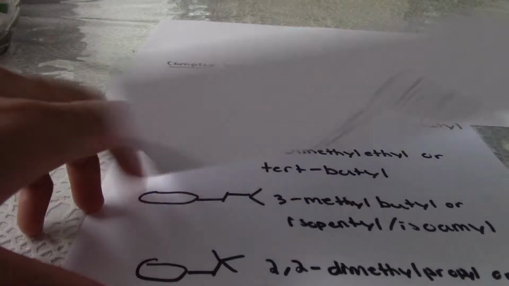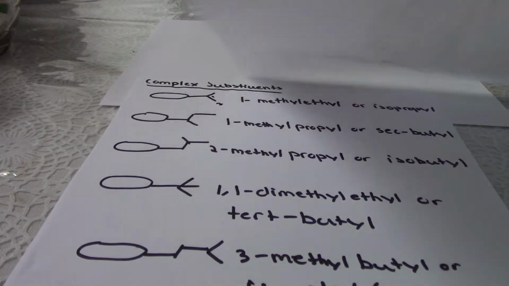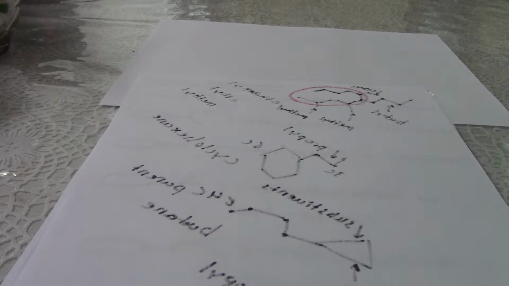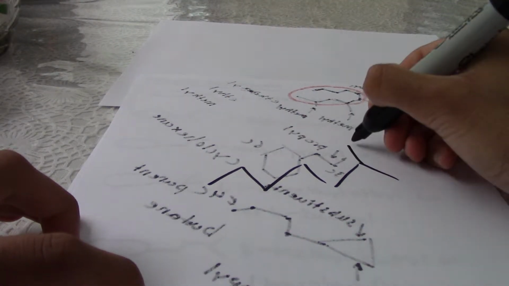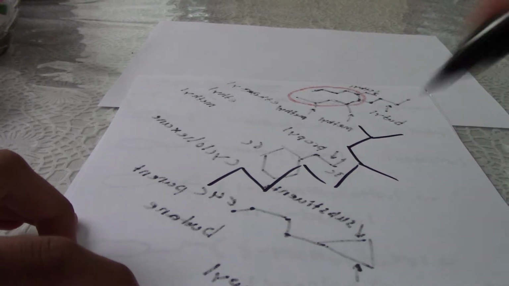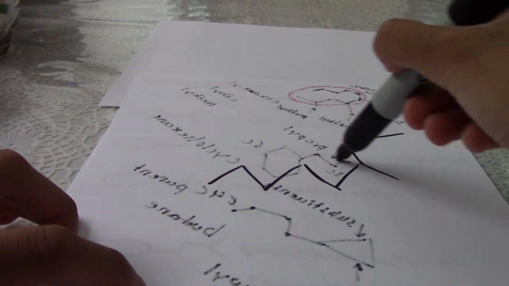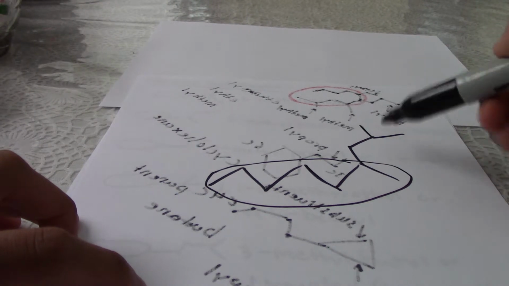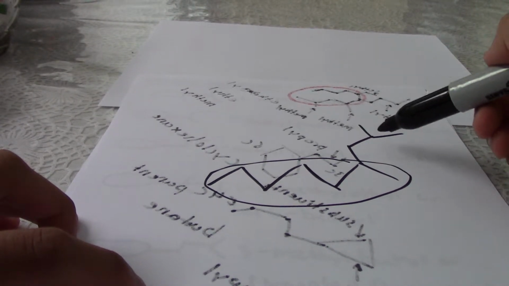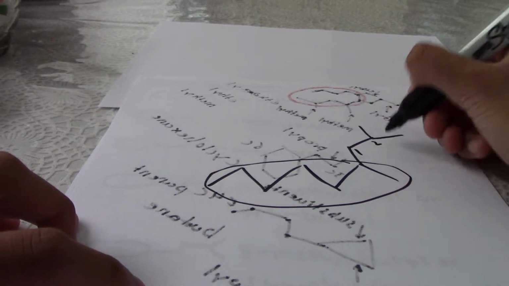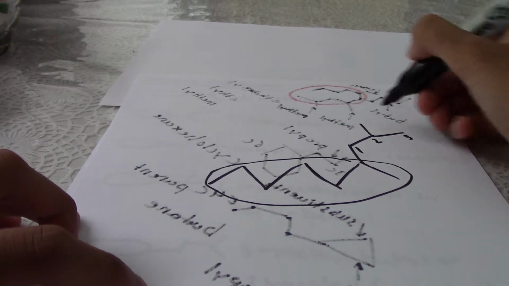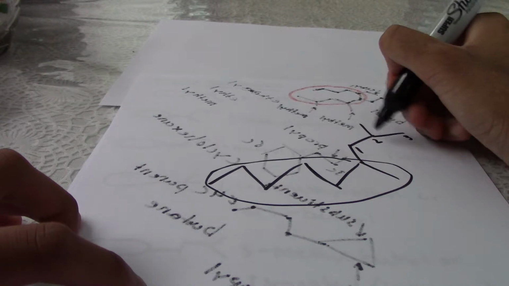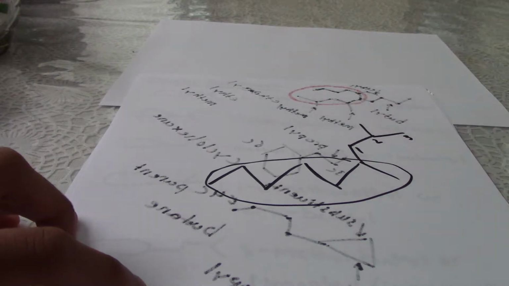So now what I'd like to focus my attention on are, well, actually before I do that, I'm going to just kind of lay this one out right here. What if I gave you something like this? So indeed, in this case, this will be my parent chain, but look at the substituent. It's branched. It's not normal like the other ones. So if I look over here, I got 1, 2, and I can either choose to make this my third carbon or this my third carbon. I guess I'll make this one my third carbon. And we have another methyl group coming out at the second. So this is kind of a branched